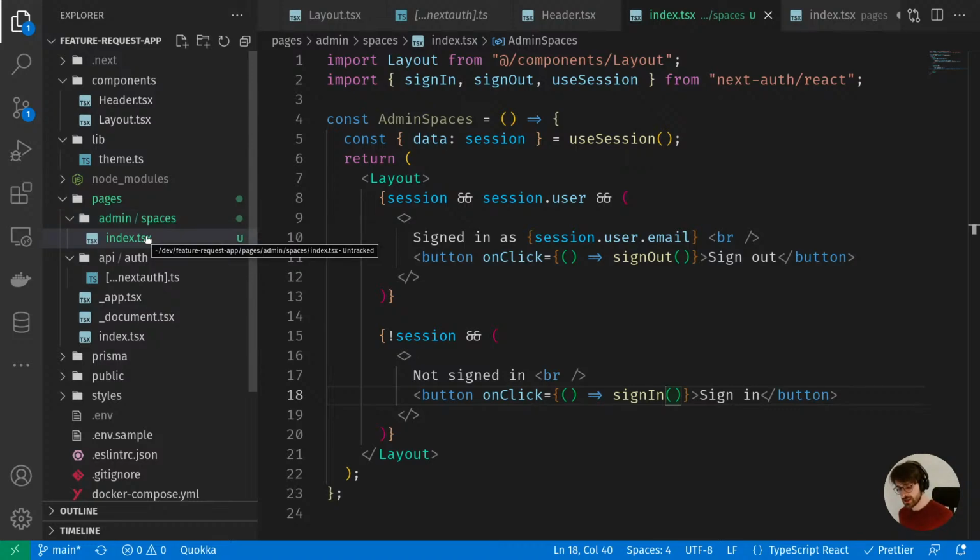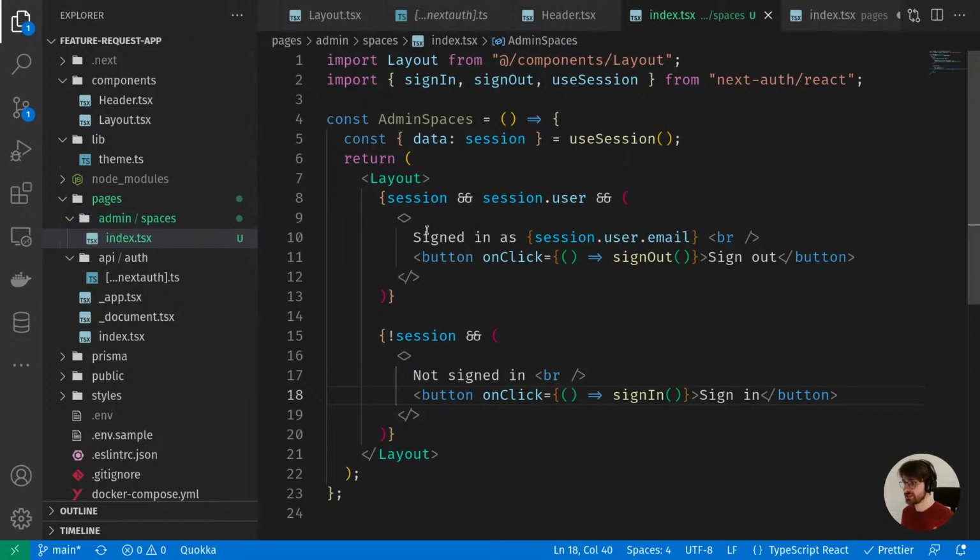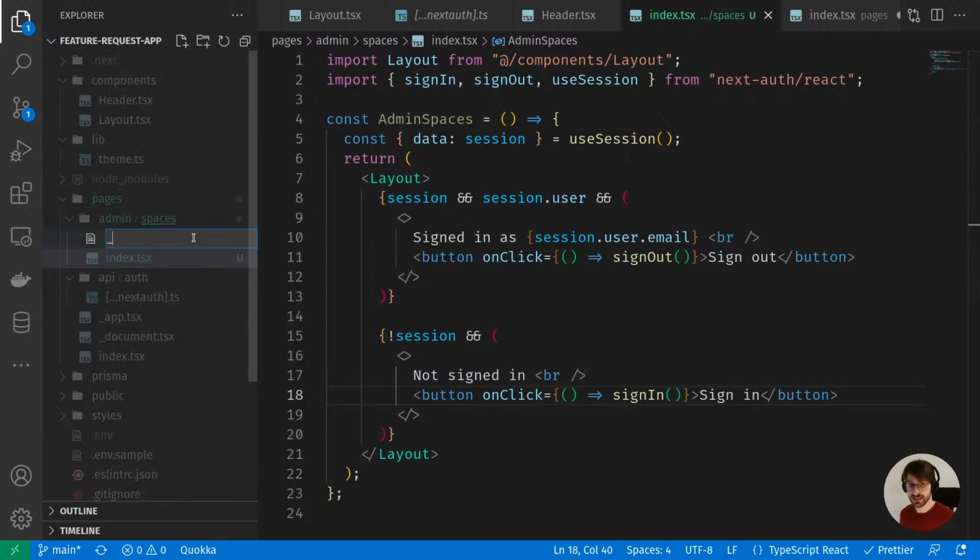Because we are using the latest version of Next and NextAuth, Next already has a capability for middlewares, so we can actually add a middleware within our pages route, and this middleware will run on the server before rendering the page, and then we can do some processing and redirect the users based on this kind of processing. In this case, I want the Spaces page to be an admin page, so only logged in users can access it. So one cool thing that we can actually add is underscore